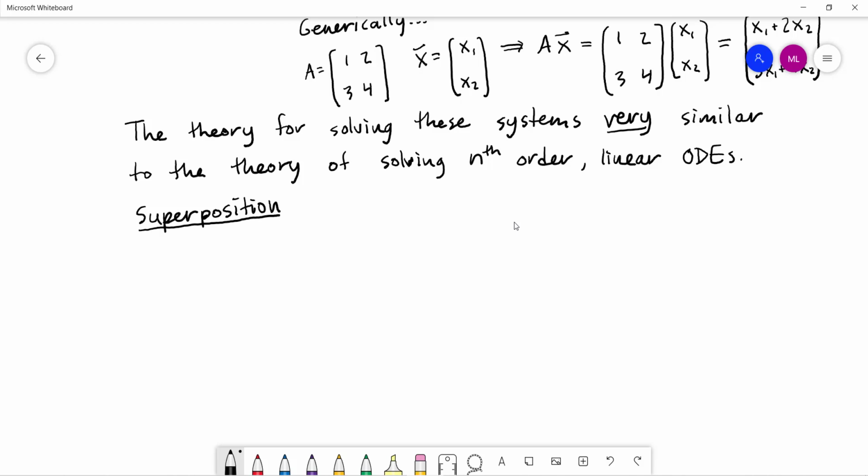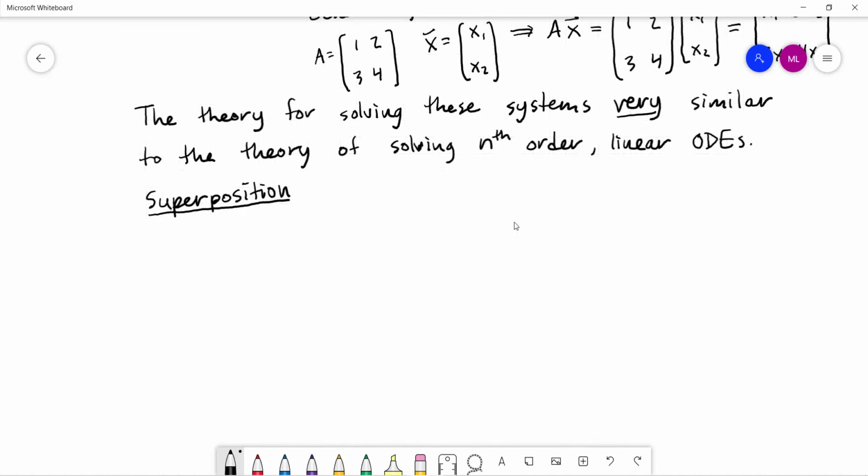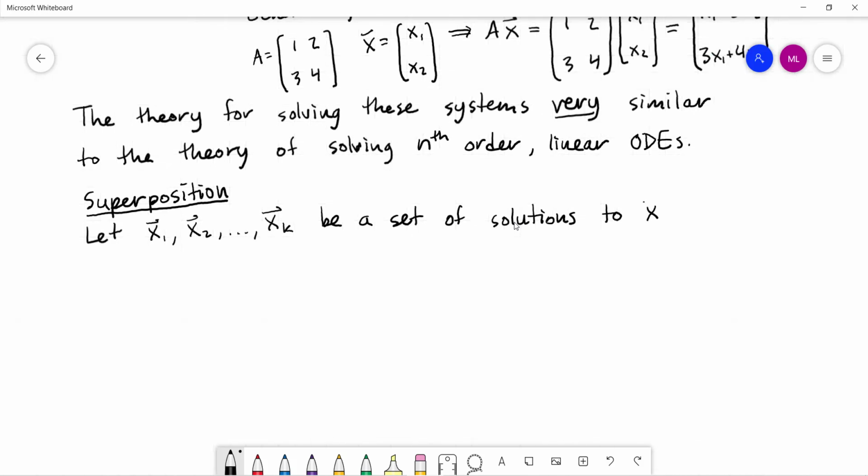I'm not going to go into a ton of detail. I'm just going to give you the definition. It should look pretty familiar. So if we basically let a bunch of solutions show up, let's write this as a list, x1 vector, x2 vector, and so on and so forth up to xk. And these are all solutions. So they are a set of solutions to, let's say, the homogeneous version, x prime equals ax, because this is going to be what we're going to